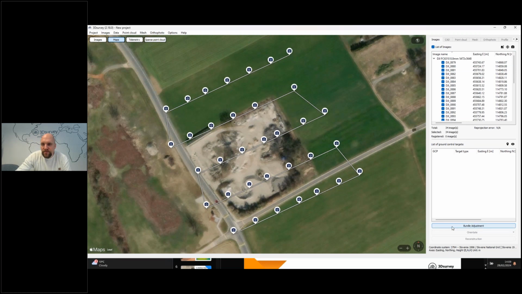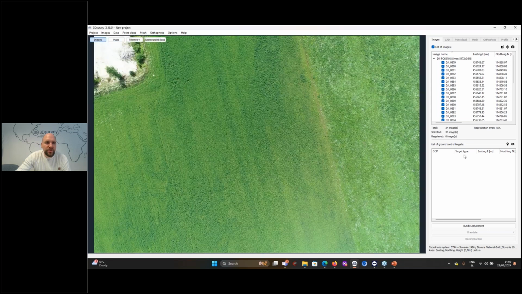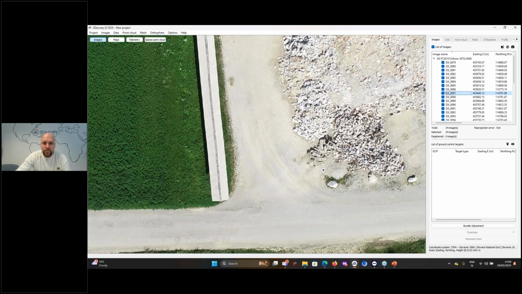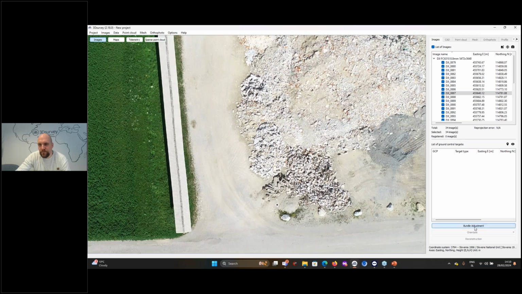And now we get to the first step of processing, which is completely automatic. This one is called bundle adjustment. So just switch here to some random image so that while bundle adjustment is running, I can explain how it works, right? So this is one of the aerial images. We will start bundle adjustment now. With the default settings, it is fine.